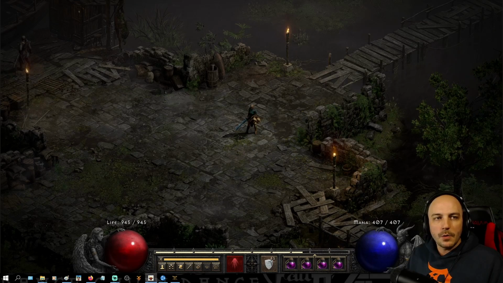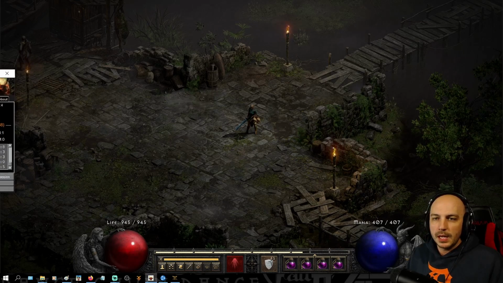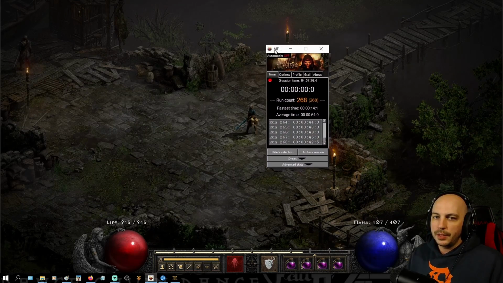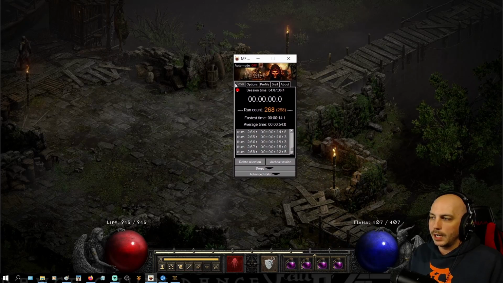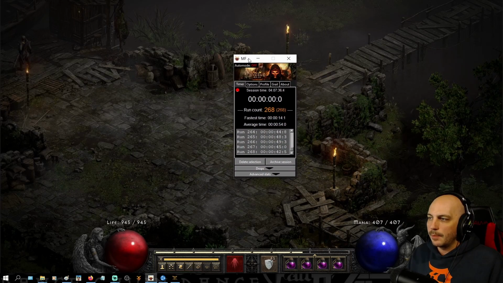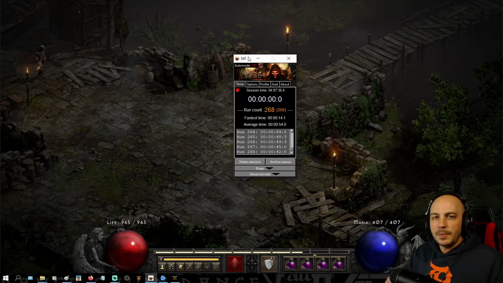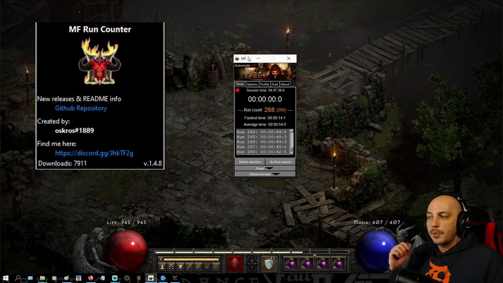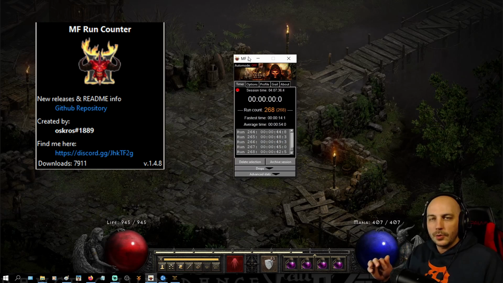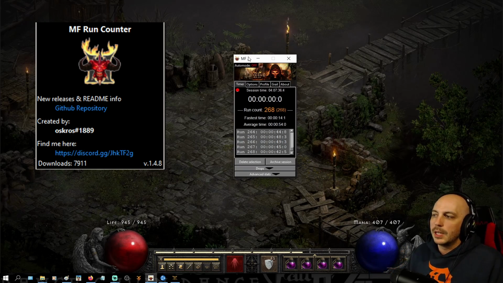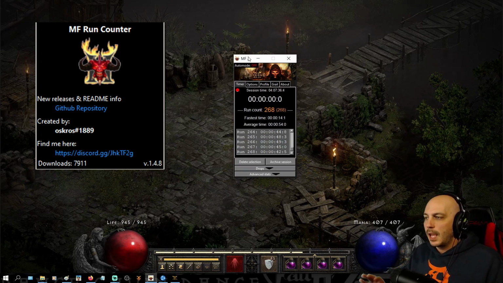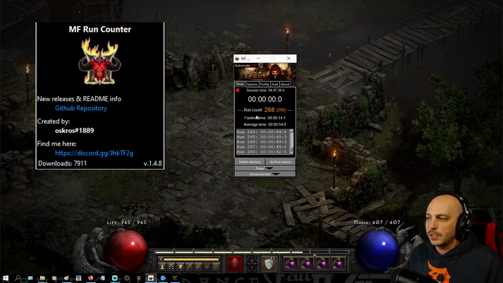I'll go ahead and drag over the actual little program into the screen from my other monitor. This is the actual program right here. It is called MF Run Counter. So it's just taken off right there. Now, this is made by not me, but there is another guy. I'm going to link to his Discord down in the description. This guy made this program, and it is a pretty darn good program, especially for the run counter, but there's